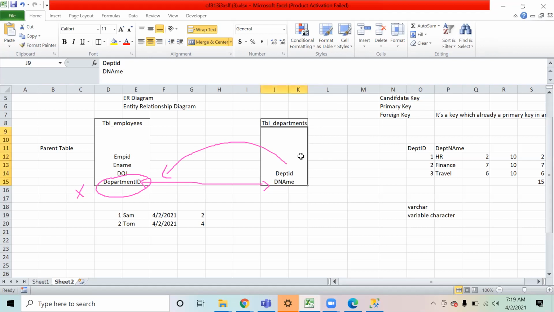But if you add department ID also, if you add employee ID also, then don't you think that you are creating duplicate data over here? Because employee ID and department ID you have kept over here also. Now if you try to store the information, you will have to say employee ID 1, he is working in the HR department, ID is 1. Then there is another employee, he is also working in the HR department and his ID is again 1. So now again, employee ID will have to be a primary key in this case. So the essence of maintaining non-duplicate data goes away.